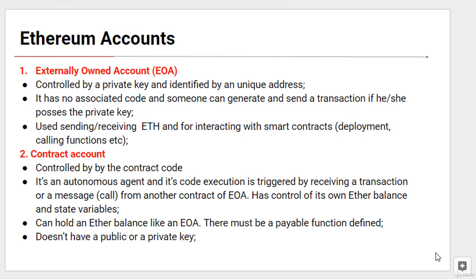In this lecture, we'll talk about Ethereum accounts. There are two types of accounts: externally owned accounts or EOA, and contract accounts. An externally owned account, simply named account or user account, is controlled by a private key and identified by a unique address. It has no associated code, and someone can generate and send a transaction if he or she possesses